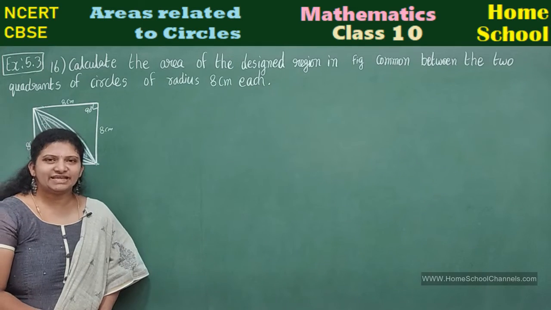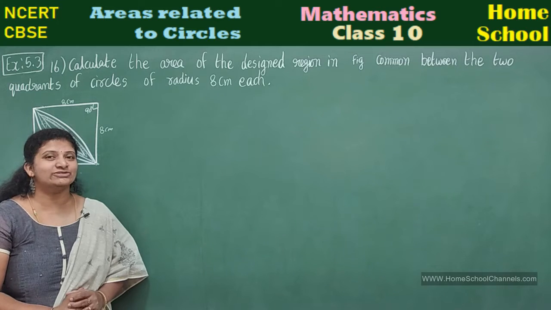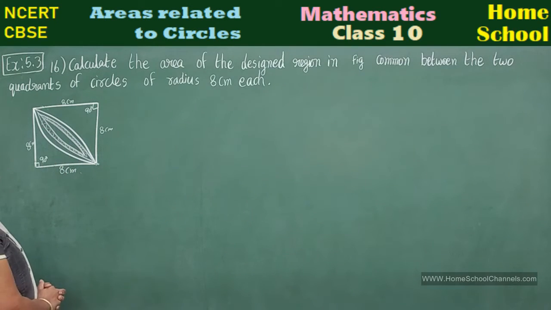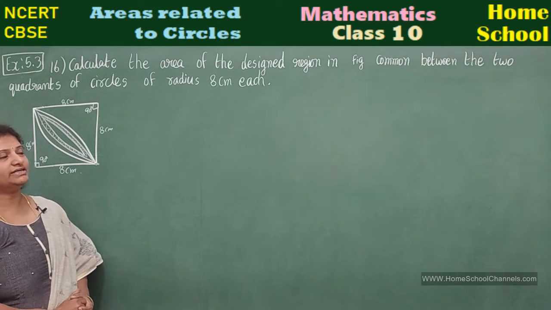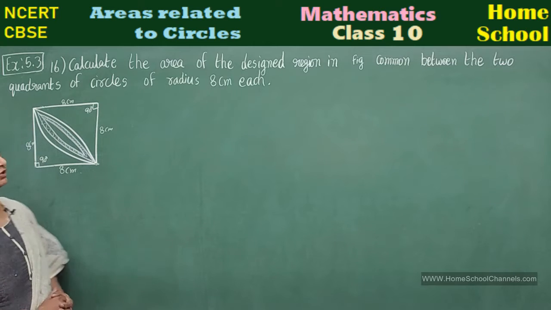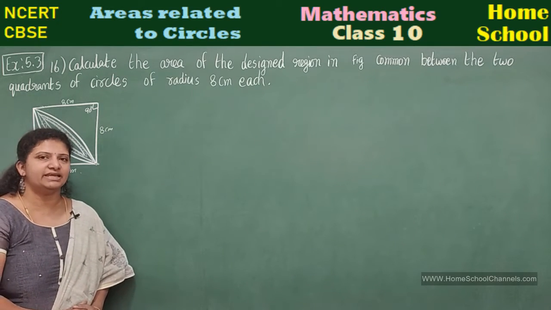Okay. 16th problem. This is your last problem in this exercise and also in this chapter. So let us discuss this problem. Calculate the area of the designed region in the figure common between the two quadrants of circles of radius 8 centimeters